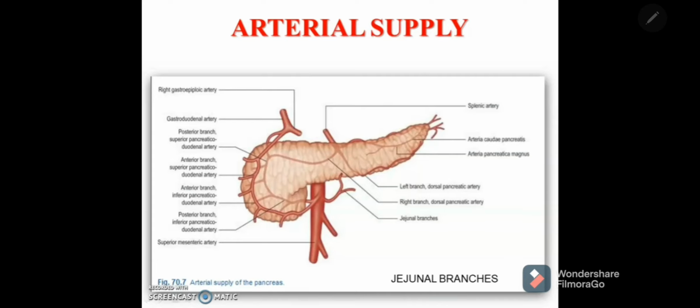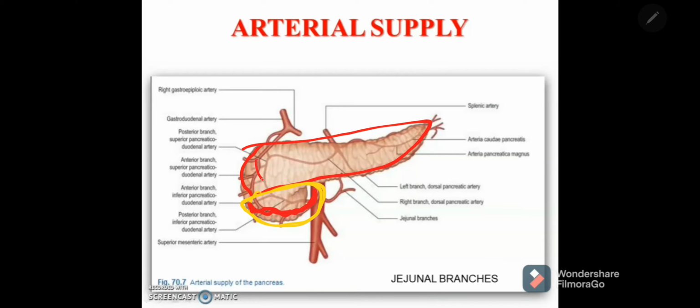So pancreas is basically formed by the two buds, ventral bud and dorsal pancreatic bud. Dorsal pancreatic bud is the part of the foregut. So if you see here, this much portion of the pancreas is derived from the dorsal pancreatic bud, whereas this much is derived from the ventral pancreatic bud. So lower part of the head and uncinate process are supplied by the inferior pancreaticoduodenal artery, which is the branch of superior mesenteric artery, which is the artery of midgut,